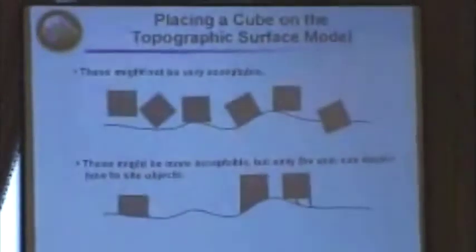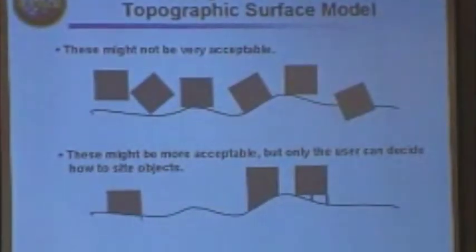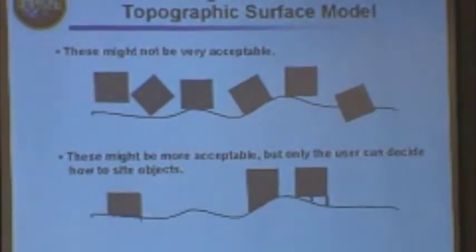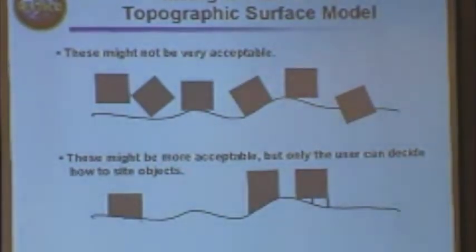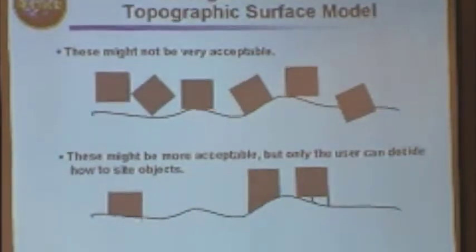Well, does it make a difference? How do you put buildings on a terrain surface? Different problem. These might not be very acceptable, but they are all cases that I found in databases that the Army uses. Until we had SEE IT, we didn't even know that these things occurred. With SEE IT, we can see these things. You might want to excavate a little place to put the buildings in, do something like this. One of the points of this chart is the SRM does not address this problem. You have to address it as a modeler. We'll tell you what happens if you do transformations, but you have to do the excavation. We can't do that. We don't even know anything about terrain models.